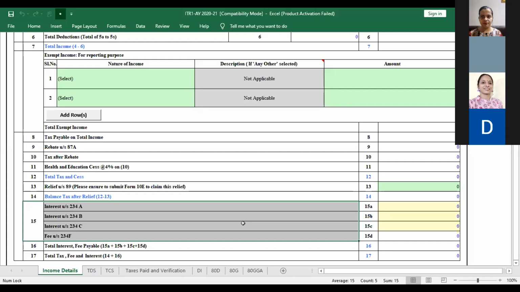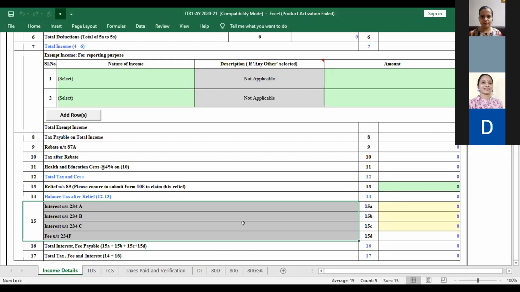Then the second installment of advance tax is due on 15 September. So 45% of my annual tax should be paid by 15th of September. Now, next installment due in 15 December, a couple of days from today. So I have to project my tax for the entire year and make sure that 75% of the tax is paid by 15th of December. Then next installment of advance tax is due on 15th of March. And I have to make sure that the entire advance tax is paid 100% by 15th of March.